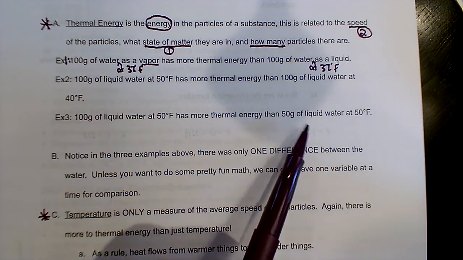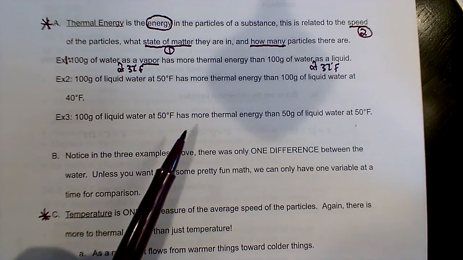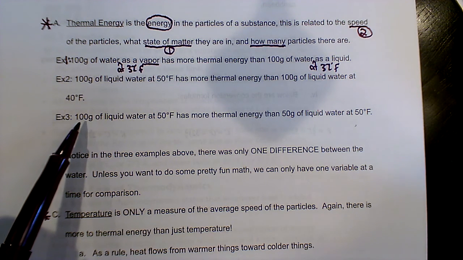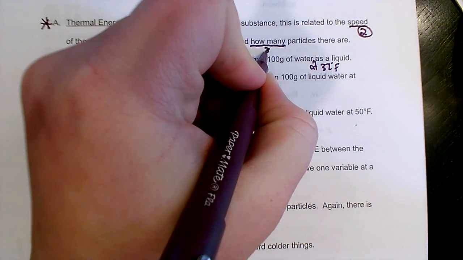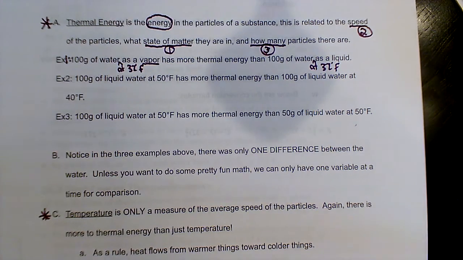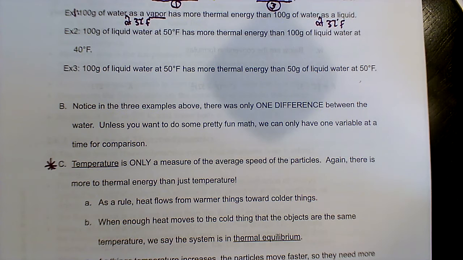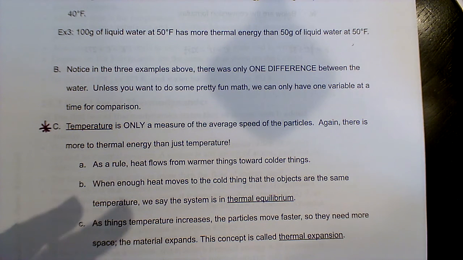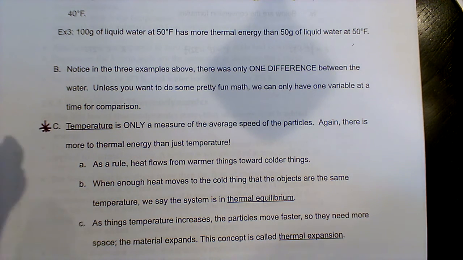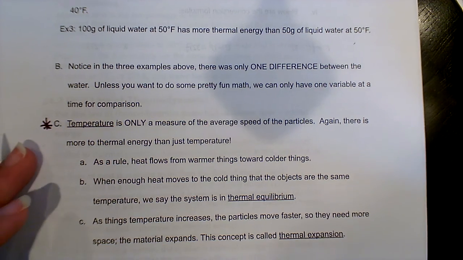This time it's the same state of matter, they're both liquids, same temperature, both 50 degrees Fahrenheit, but this one has more molecules because it has more mass. That's our third example. So we have these three factors that can all influence thermal energy. Unless you want to go in and do a bunch of really exciting math, we're going to move on, just saying all else being the same, gas has more energy than a liquid, which has more energy than a solid. All else being the same, higher temperatures have more thermal energy than lower temperatures. And all else being the same, more mass has more thermal energy than less mass.